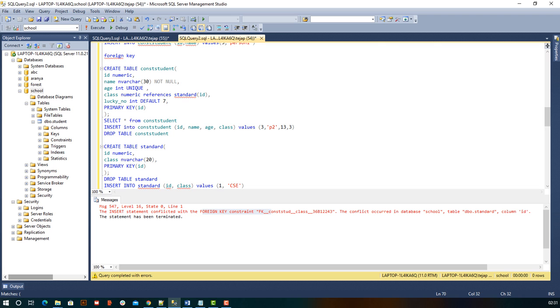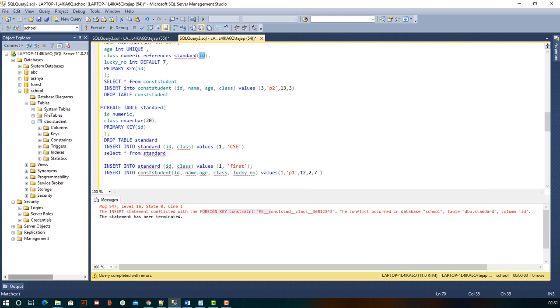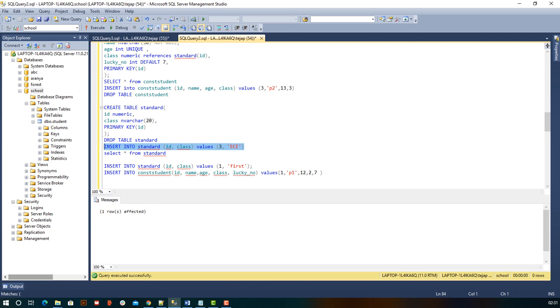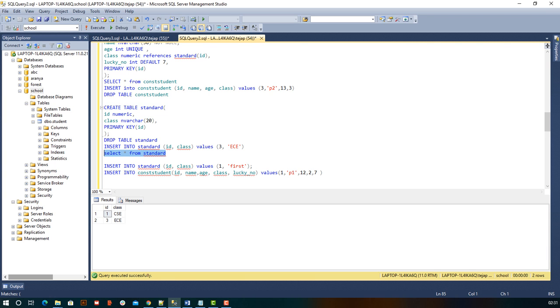So first I need to create a record in standard whose id is 3. Okay, so let me add one more 3, and then here if I add ECE and if I execute now, then you can see in the records of standard that I have a class ECE whose ID is 3.